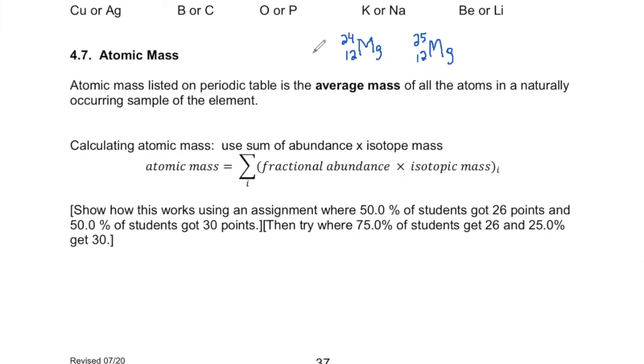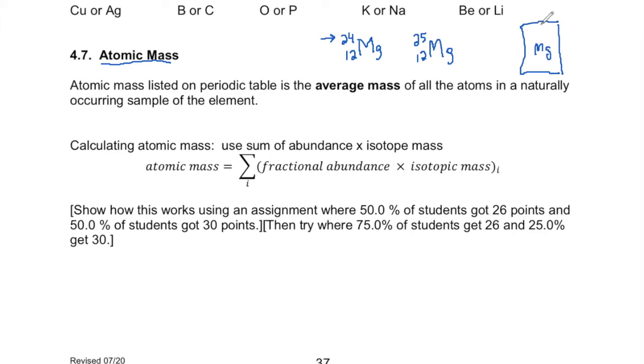Let's talk about the difference between the mass number that an isotope has and the atomic mass that's listed on the periodic table. Before, we used this example of magnesium, where one isotope has a mass of 24 and the other isotope has a mass of 25. If you look at magnesium on the periodic table,